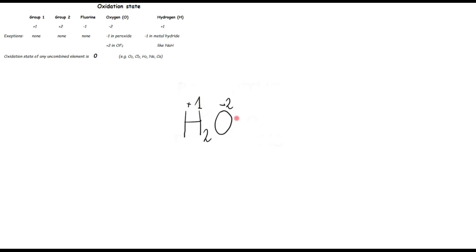We have to notice as well that the overall charge of the molecule must be equal to 0. So if you sum all the oxidation states of the individual atoms in the molecule, it must be equal to 0. Let's do it for the water molecule. We take the index 2 beside the hydrogen, so 2 multiplied by +1, the oxidation state of hydrogen in the molecule. We have 2 atoms in the molecule, so we multiply by 2, adding